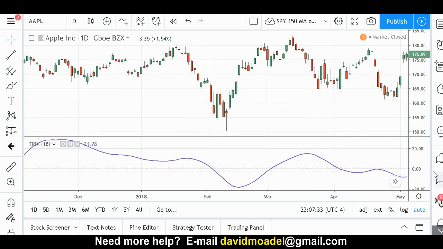And as you can see here on TradingView, 0 is the midline, and supposedly, if it breaks above it or stays above it, that's bullish momentum, and if it breaks below it or stays below it, that could be considered bearish momentum. And here on TradingView, at least, the default look-back period is 18 periods. Okay? Pretty simple indicator. Couple of different ways you can use it, and that's your basic primer on using the TRIX indicator.